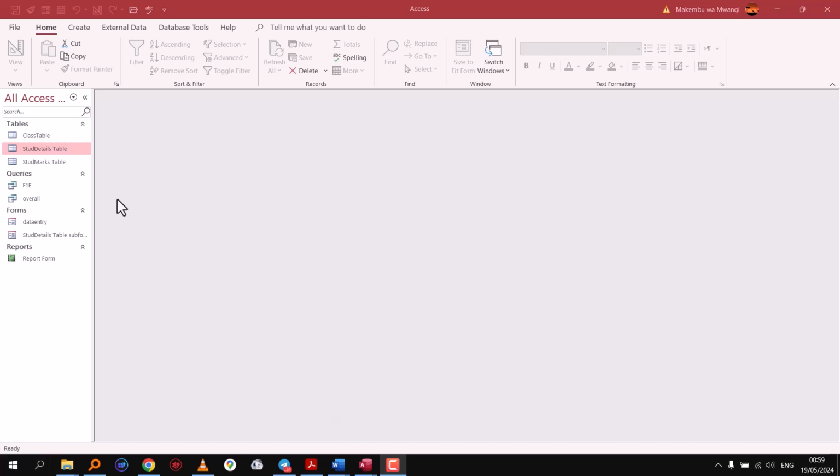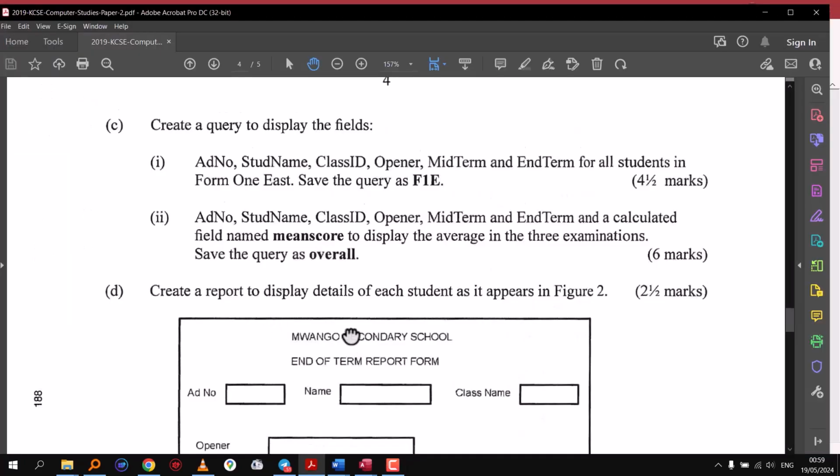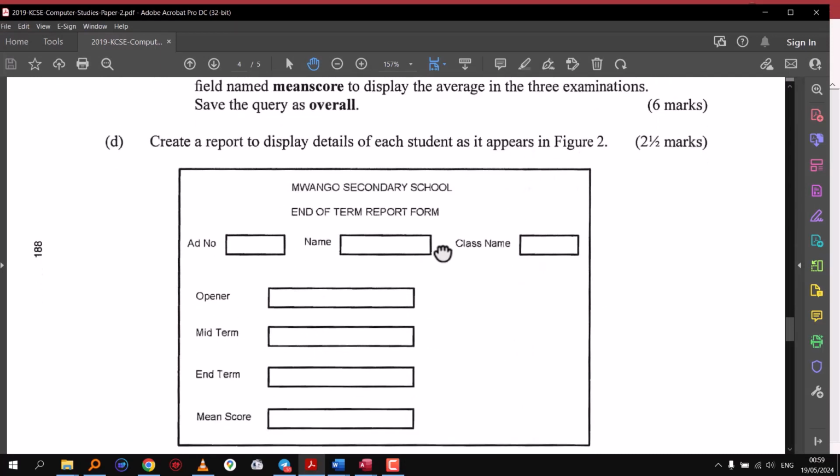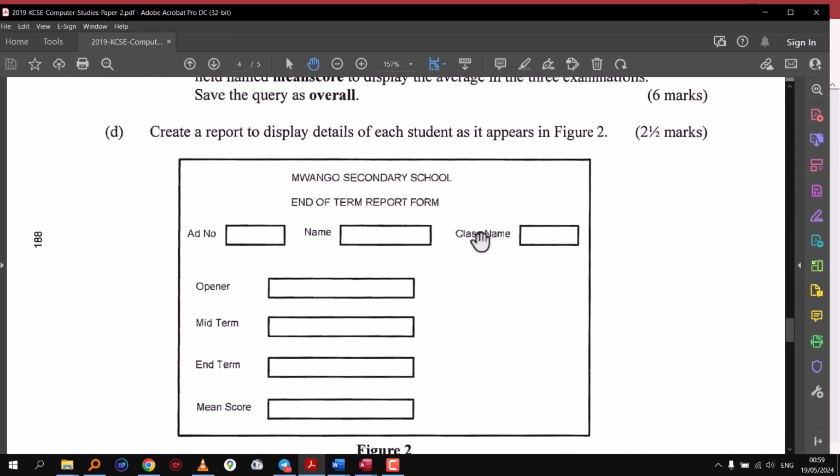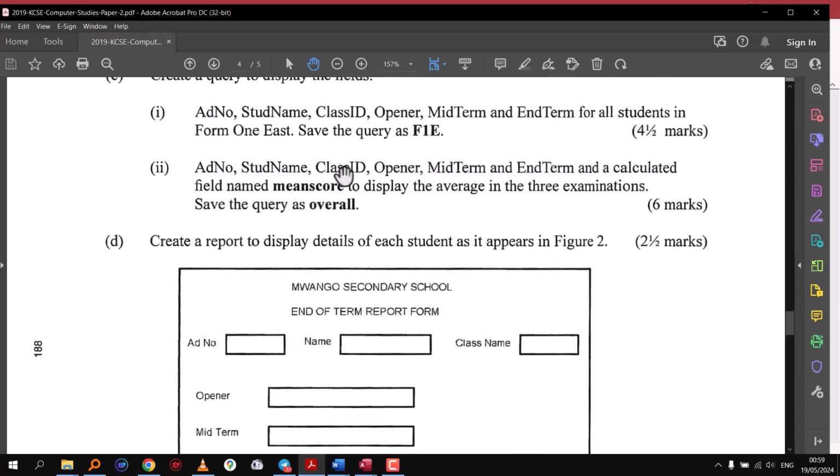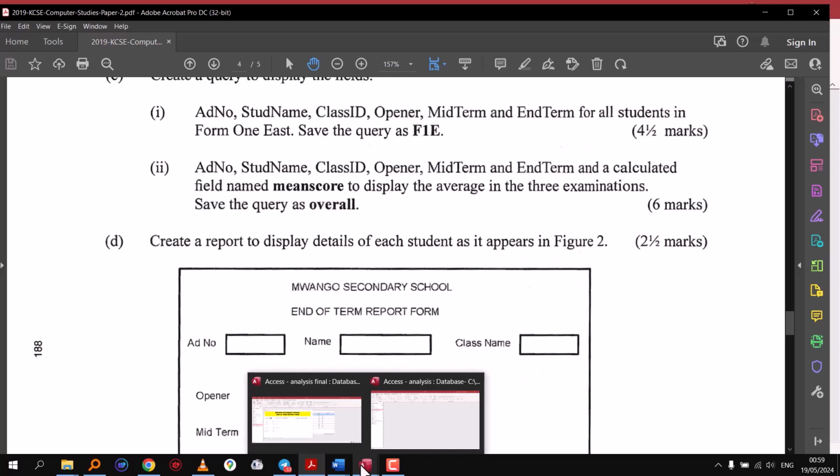Finally, I need to check on one inconsistency that I found in this question. If you come to this layout in figure 2, you find this is class name. But the question asks class ID. And when you put class ID, then you get an error. So in the one that we had used, I'll remove the class ID and put the class name. So go to the database,